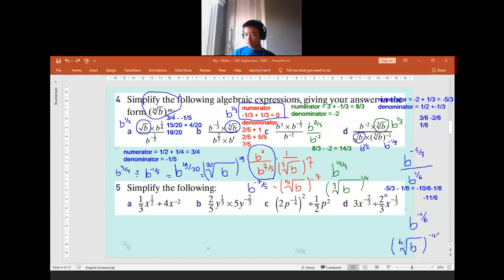Why is this so complicated, teacher? Yeah, this is how it is. That's why I gave you homework to make a summary of all the index laws, because you have to be able to use all of the index laws wisely to solve the algebraic expression. Later in IGCSE questions, you will meet algebraic indices. It is so rare to find only numbers with a power where you have to find the answer. That's why.